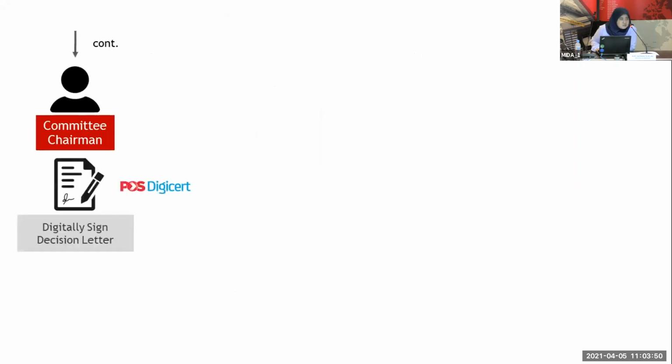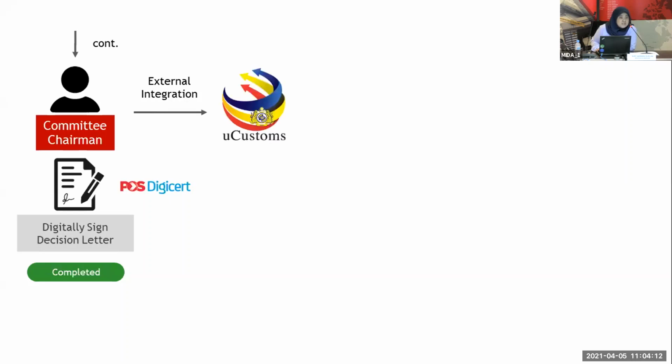Okay, then your application will go to the internal process. Once MIDA has signed your decision letter, the application status will be updated to completed.